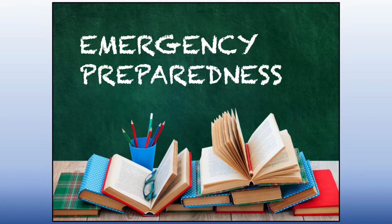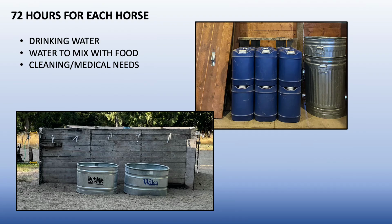Since water is so important to your horse's health, you will want to plan ahead for emergencies. It is recommended you have 72 hours worth of water for each horse. For our 3 horses, we use a combination of 3 water troughs and 60 gallons of stored water. When you're making your calculations, remember this includes enough drinking water, water to prepare any food you have, and water